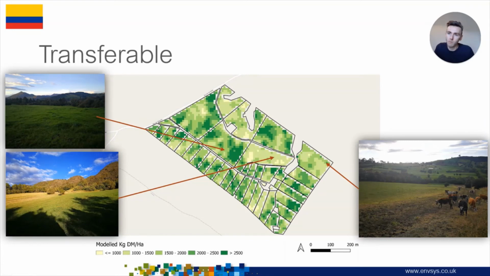The model developed in Wales is also transferable to different environments. Here we are looking at small paddocks in Colombia, roughly 100 hectares in total. Persistent cloud cover over Colombia means there's little scope to use optical satellites for grassland monitoring. In Colombia, we tend to use a radar-first approach to guarantee a consistent source of data to help farmers make management decisions.